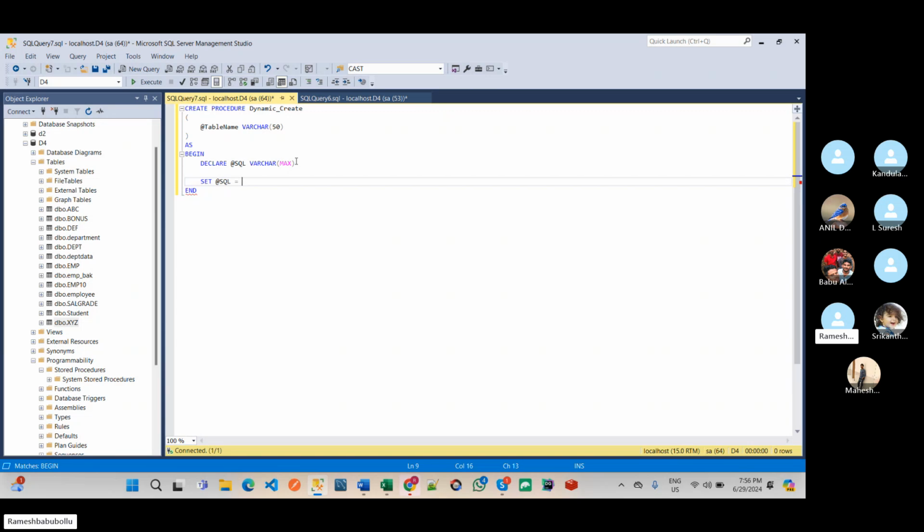query. Okay, so like what will be the create statement syntax? Create table and append the parameter. Why? Because the table name will come as a parameter. Okay, next. Here